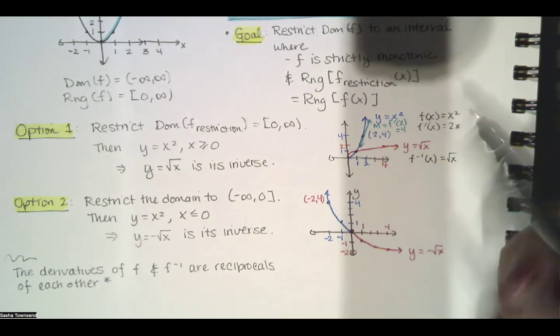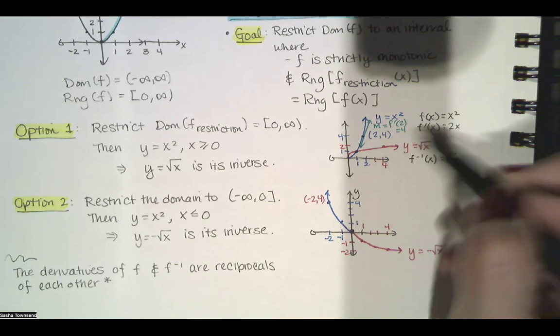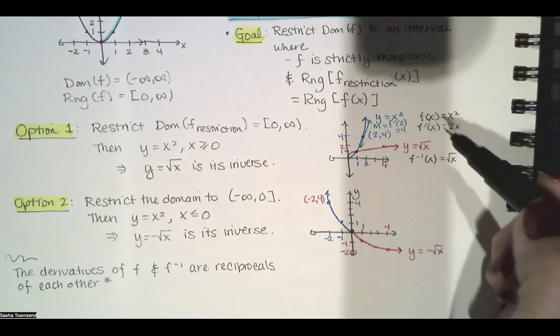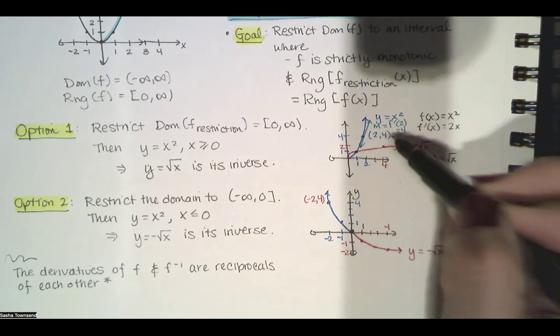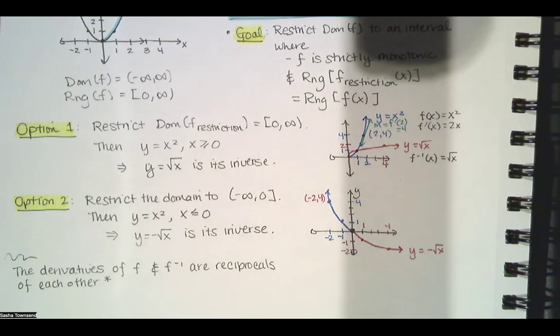I'd say, okay, well, what does that tell us about the slope of the corresponding point on the y equals the square root of x graph? Well, if we switch the roles of x and y, if (2, 4) is on the graph of the original function, (4, 2) is on the graph of this function,